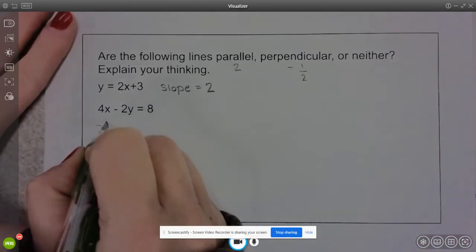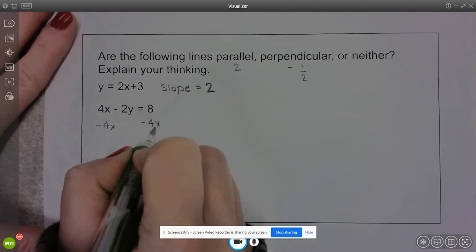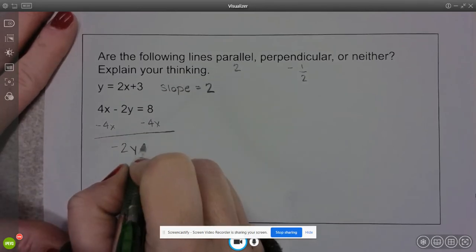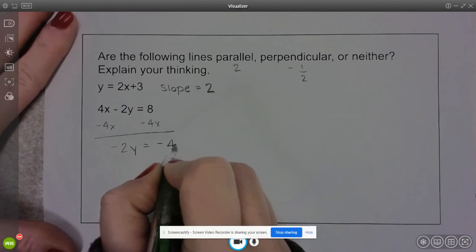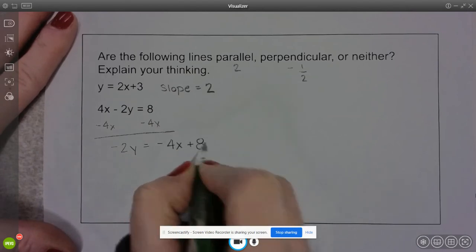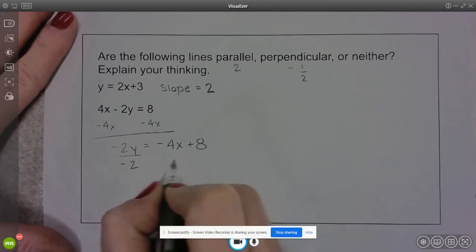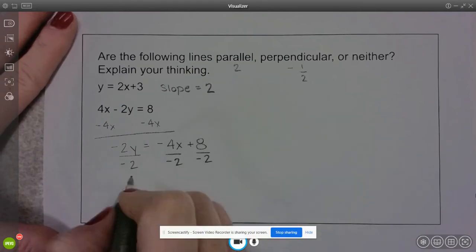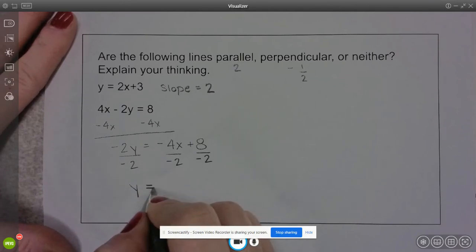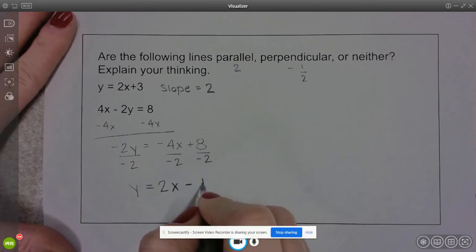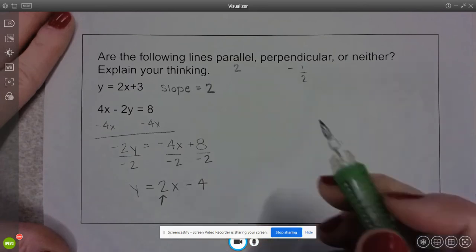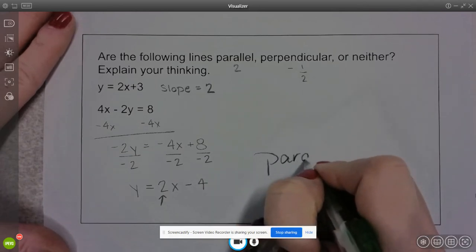So the first thing I'm going to do is subtract 4x. So I'll have negative 2y equals negative 4x plus 8. And I'm going to divide by negative 2. So this will be y equals negative 4 divided by negative 2 is positive 2. So here is the slope that I'm looking at. It's positive 2, so I know that these are parallel